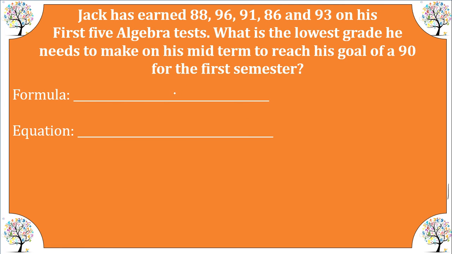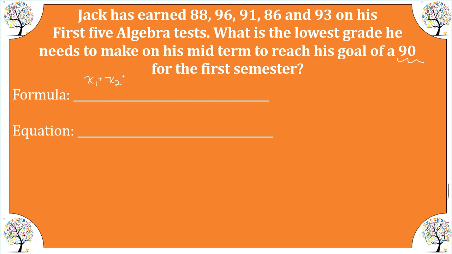Okay, let's take a look at our last type of problem. Jack has earned an 88, 96, 91, 86, and 93 on his first 5 algebra tests. What is the lowest grade that he needs to make on his next test to have a goal of at least a 90? So when we're finding the average, our average is going to be our first